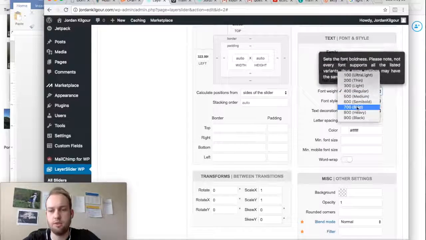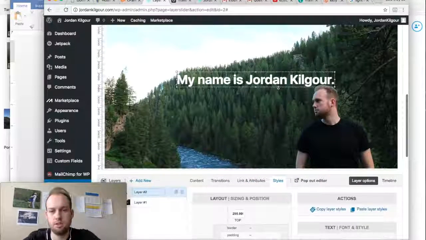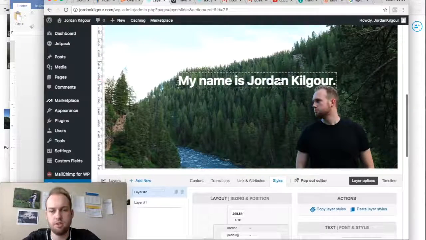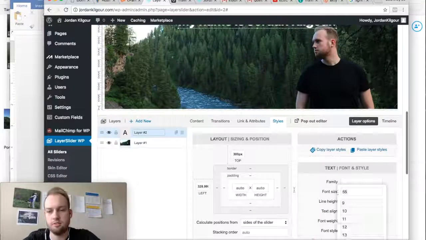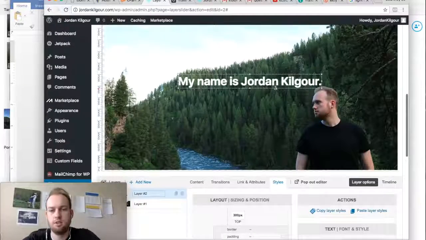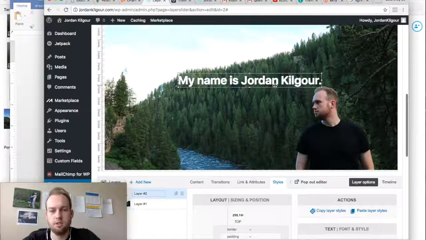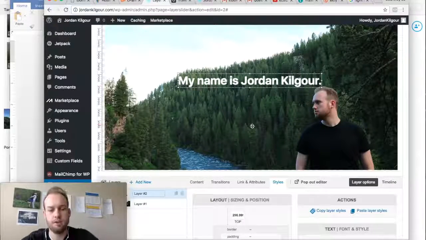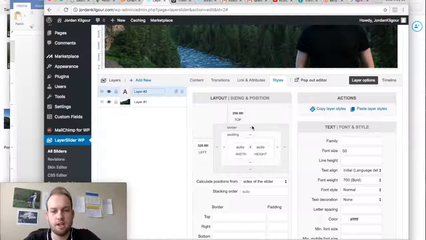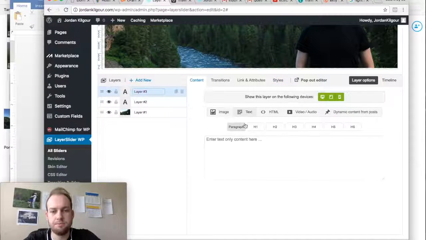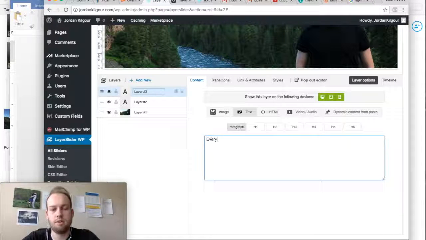Let's change the font weight. Let's make it bold, like that. Perfect. I'll actually decrease the size a little bit. We're just going to make it 50. Yeah, that's better. Okay. All right, so now we want to add another text layer, and we're going to put